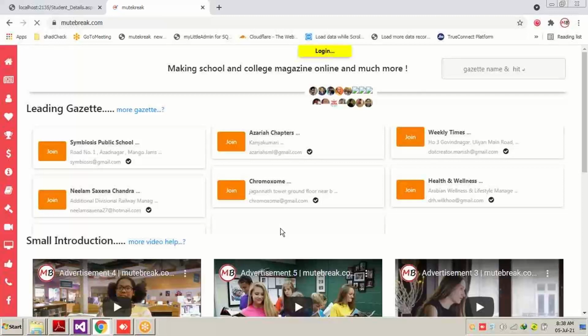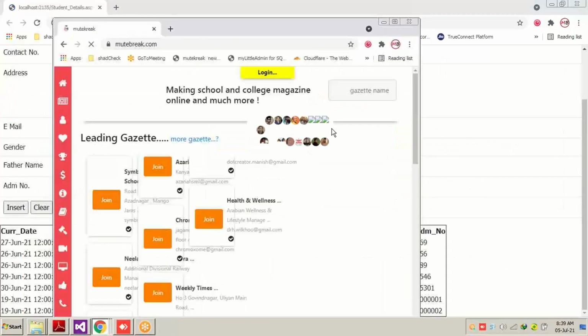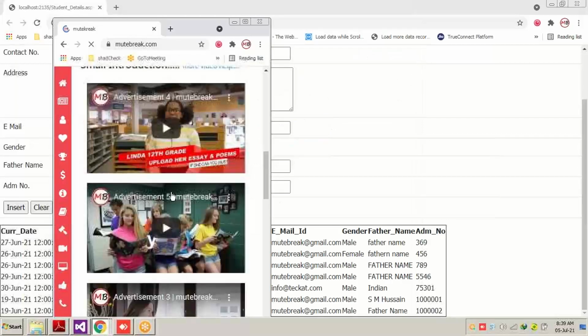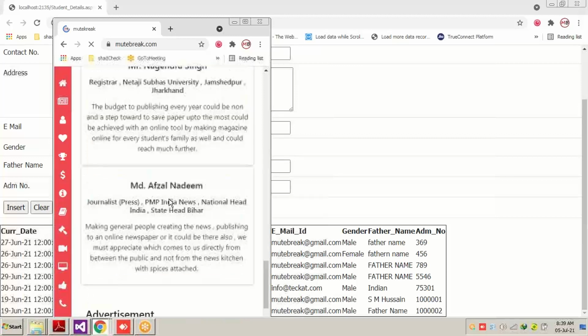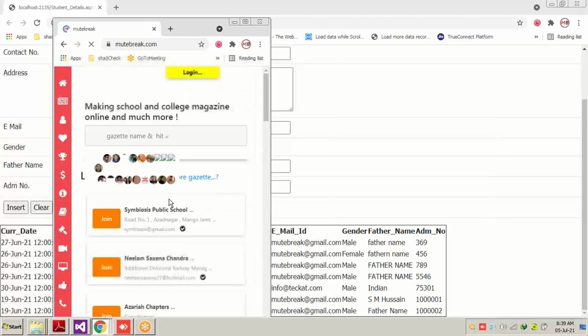Now let's do one thing. I will just plug this page and resize it. Now you can see somebody's opening it on a mobile phone. The look which they are going to get is like this, all in a vertical manner. I haven't written my code in such a manner that the position of the controls in a desktop version changes automatically to the mobile version.